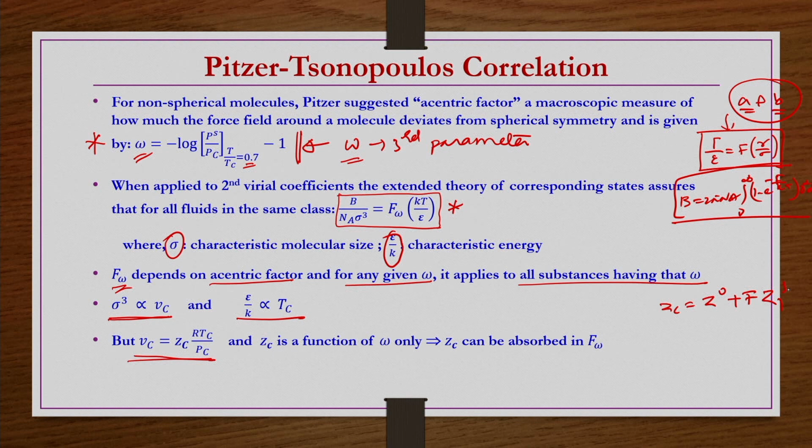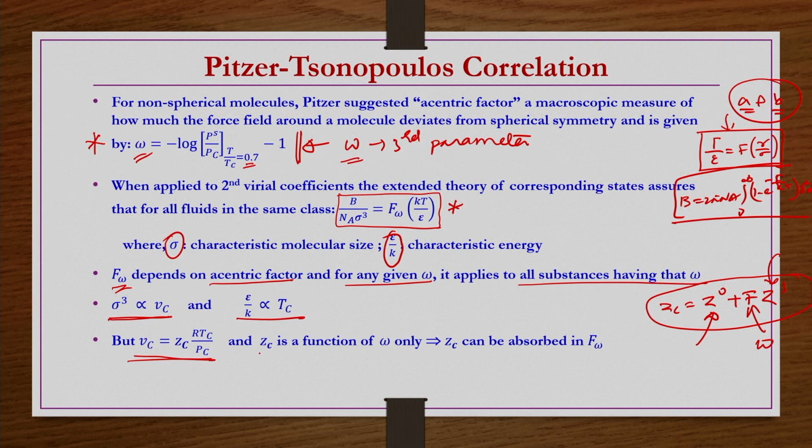We have seen this function f is now a function of the eccentric factor. Whatever the compressibility factor is, it changes from one group of fluids to the other group of fluids. So, this is for simple spherical molecules, and additionally this comes in for things where non-sphericity is there, right. So now Zc has to come into the picture. For that purpose Vc is replaced by Zc RTc by Pc, because we know Zc is nothing but Pc Vc by RTc.